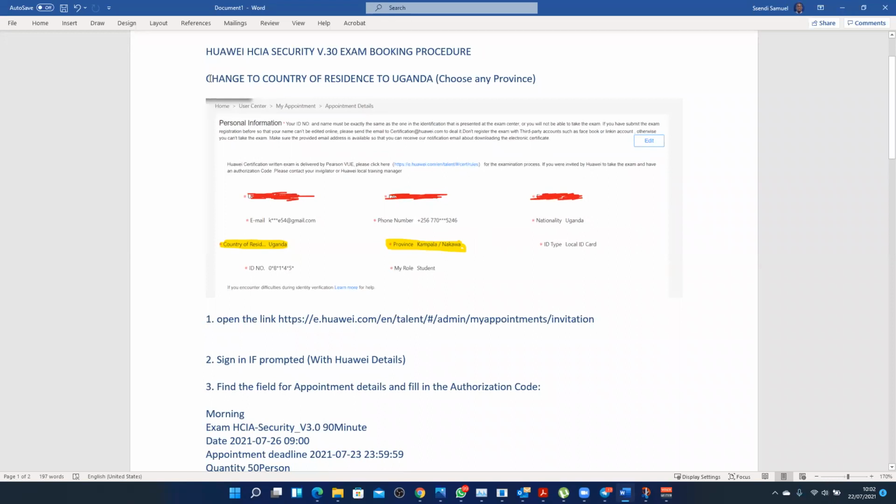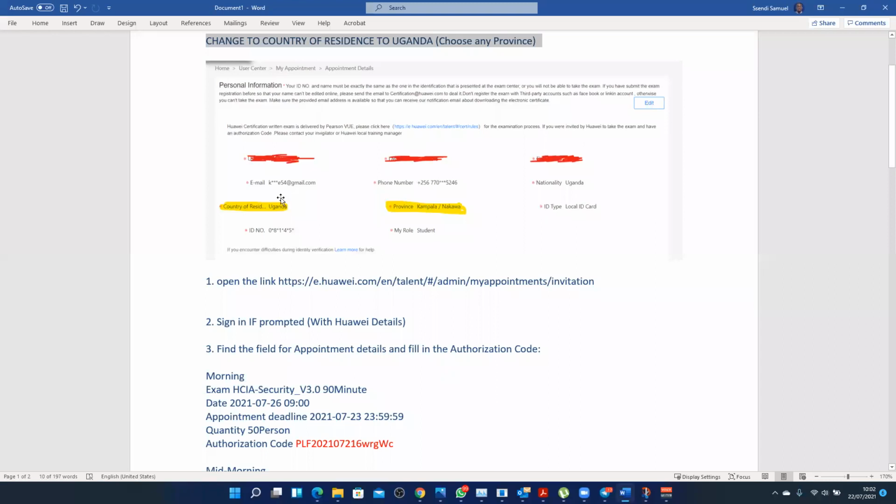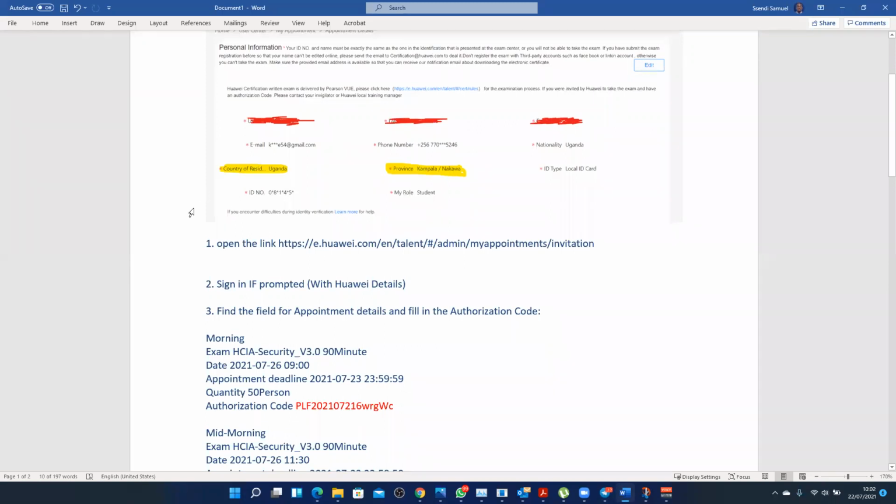So like I was previously saying, you're going to change your country of residence to Uganda. And if you're not from there, you choose any province that sounds nice to you. In case you get here and your country of residence is not showing Uganda, kindly go ahead and click on edit. After clicking on edit, change it to Uganda. But I assume that everyone by this time has those details already. Then 2,